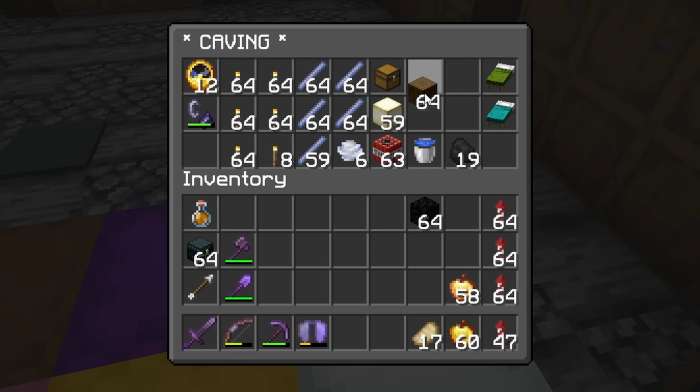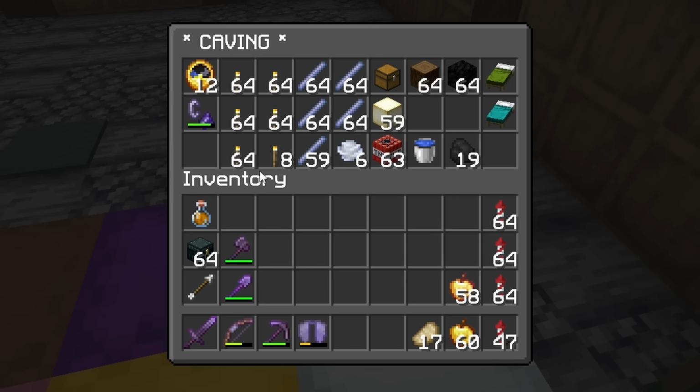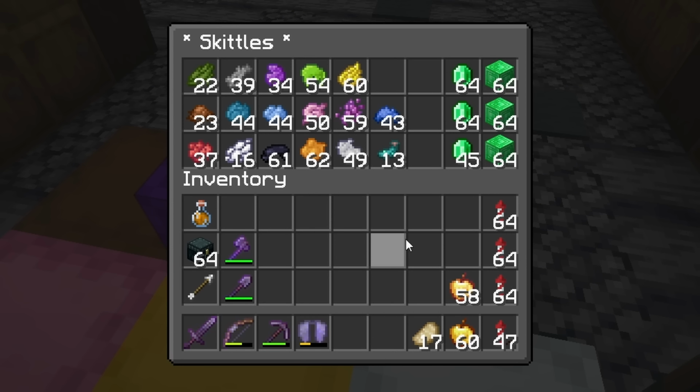And now I'll just keep the logs and the coal blocks in here. That way I can craft torches for whenever I find a big cave. Which honestly, who doesn't like caving every now and again? Nice to have. Speaking about nice to have, I have all of the dyes and I have a bunch of